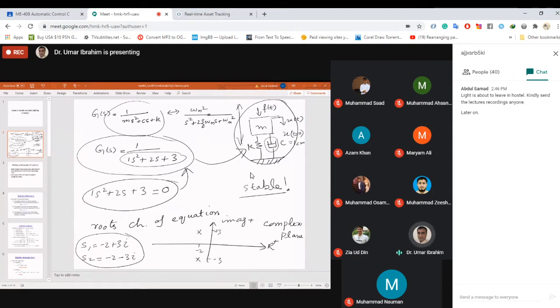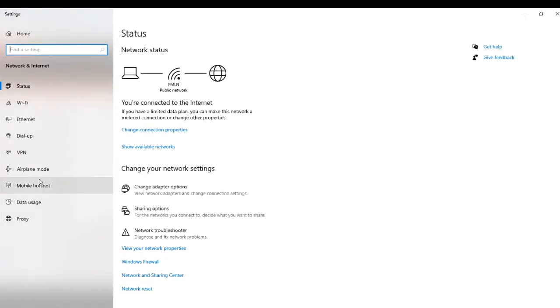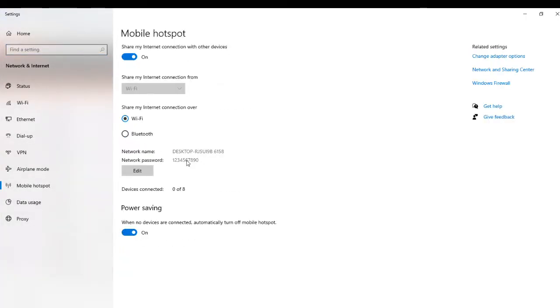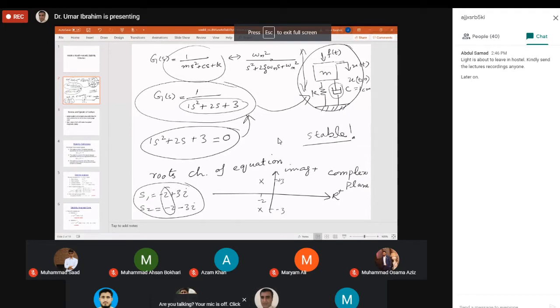So you can either look at these roots, S1 and S2 values, and if their values have a negative sign, then this means that the system is stable. If these real values have a positive sign,